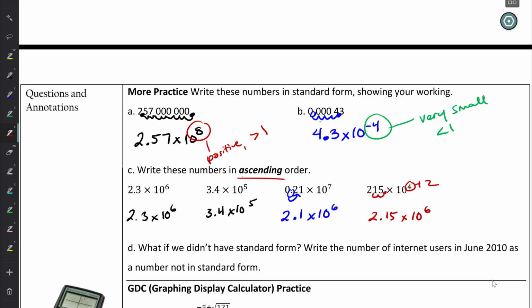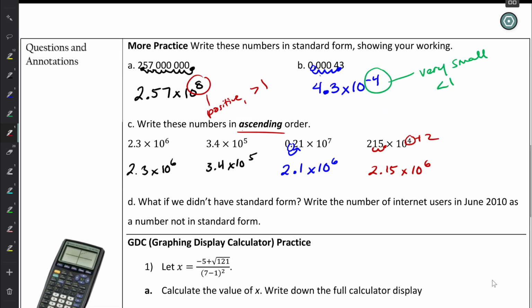And now we are going to be able to see pretty quickly which one is indeed going to be the smallest. It's going to be the one with the smallest exponent. So the first one that we have, 3.4 times 10 to the 5th, that's going to be the smallest one. Now we can start to see each one of these pretty clear which one is going to be the next smallest, because they all have the same exponent, 6, 6, and 6. Okay? The smallest of these then is just based off of the coefficient,